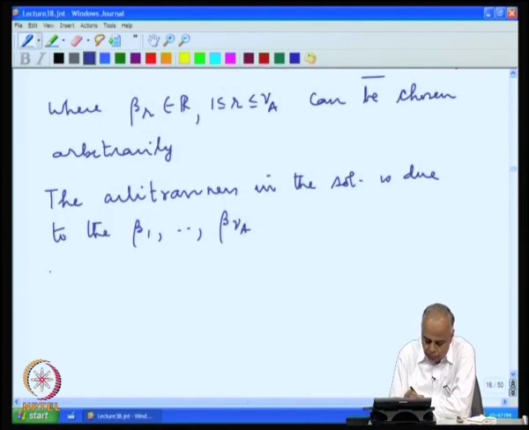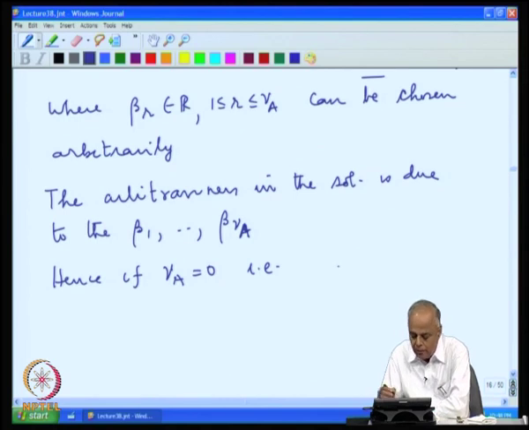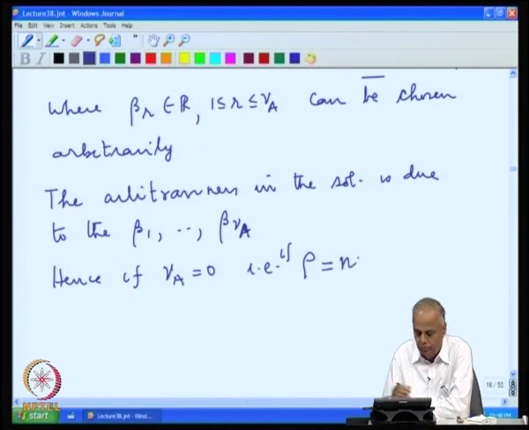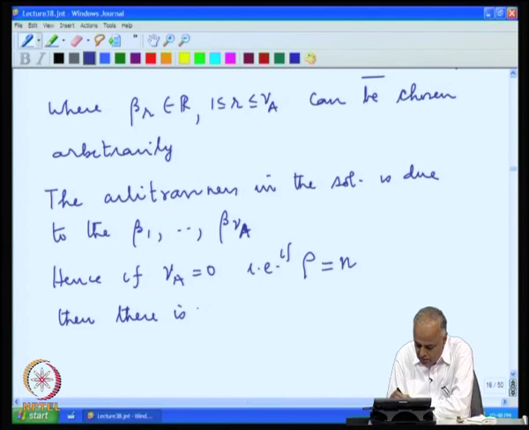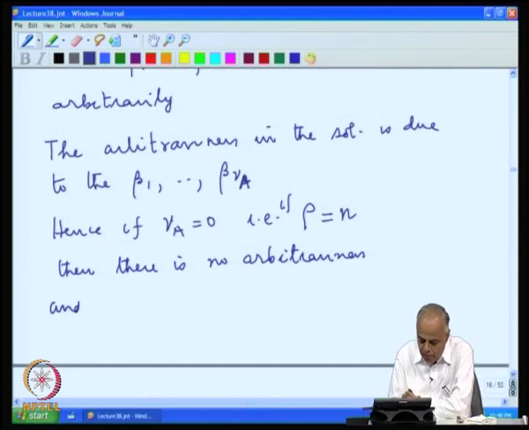Hence, if nu a is 0, that is, if rank plus nullity is n, that means if rank is n, then there is no arbitrariness, because there are no betas there now, there is no arbitrariness, and we have